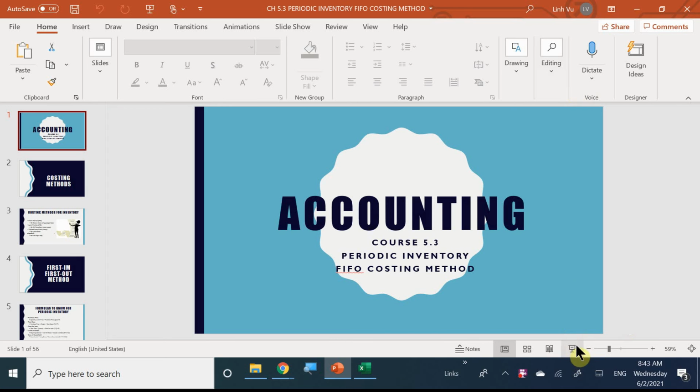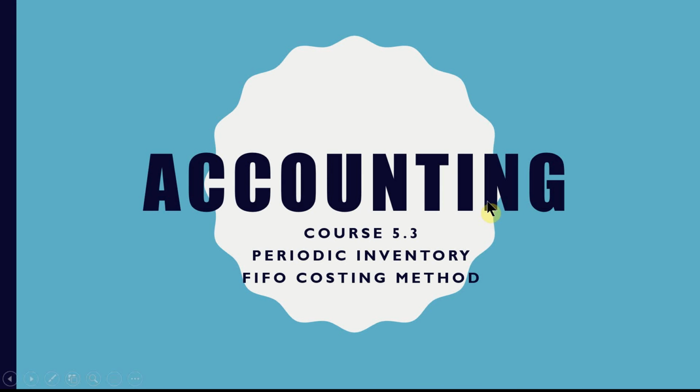Okay, welcome back, guys. So, yesterday we got to take a look at chapter 5.1 and 5.2. Now, we talked about periodic inventory and what it means to have periodic inventory and how to properly journalize it, especially when we're dealing with purchases of inventory. So, what we're doing here today is that because this is where it ties in with the next section, which is learning about the costing methods that are involved,